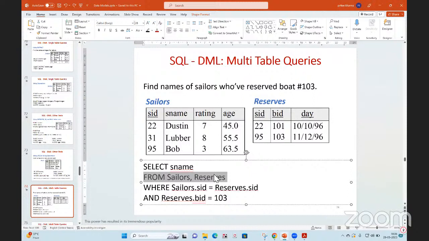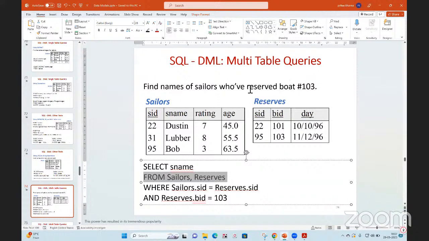Here you will say, okay, I will tell you more on joining. First of all, let us understand how I'm going to join it. I'm going to join it where the two SIDs match, because the common attribute between the two tables is SID. So I will join them on the SID attribute. So I'm saying that sailors.SID is equal to reserves.SID. Okay. So when the two are matching, then we are going to see what is happening. If we are joining them, 95 is matching with 95, 22 is matching with 22, right? So that is how. Then we are going to select,